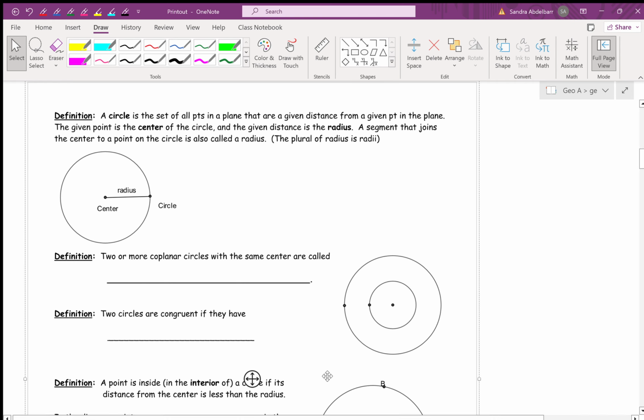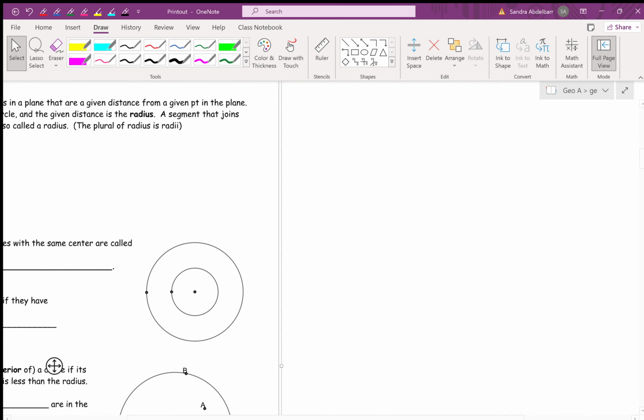Does anybody know what makes a circle so special? There's no side. Yeah, there's no sides, right? So it's definitely not a polygon because it's one big curve. That's correct. And also, what makes a circle very special is,